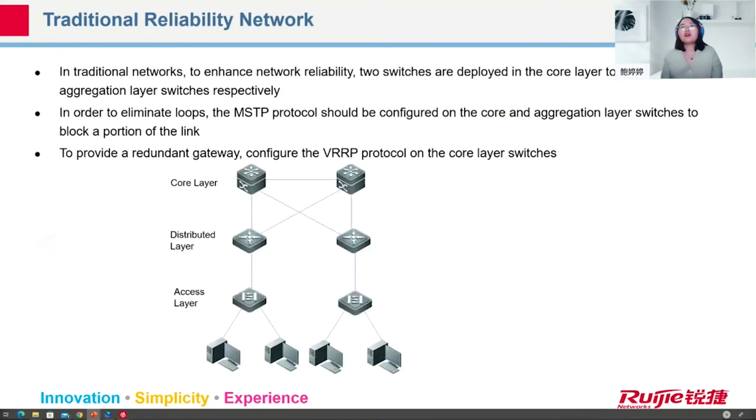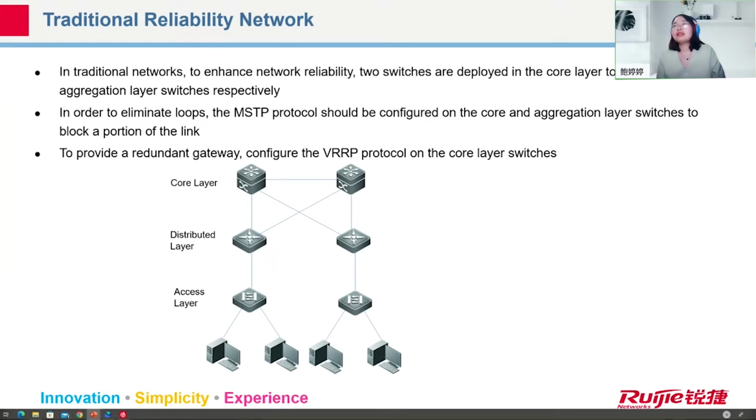First, let's see the overview. Why do we need the technology of VSU, like this topology, right? We have the typical network types: the access layer, the distribute layer, and the core layer. And between the distribute layer and the core layer, there is a loop, right? And maybe we will use technology like STP, RSTP or MSTP to avoid the loop and also